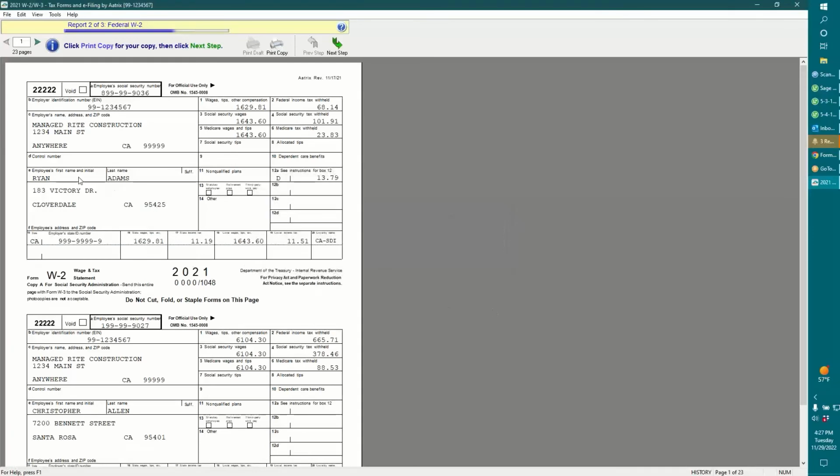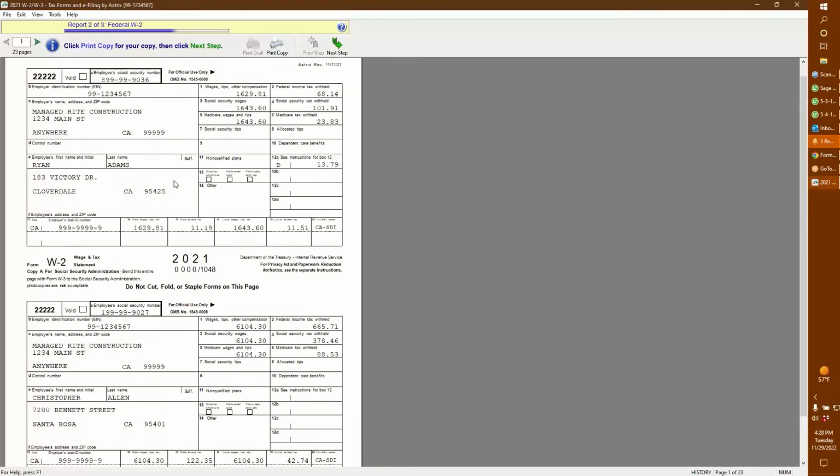Then we come up with the W-2s that are the employee's copy. Right? And a copy of this would also be submitted to the feds if you were filing manually. Okay, so you get to take a look at that and review that and make sure everything is as it should be. You could print it and review it from there as well.